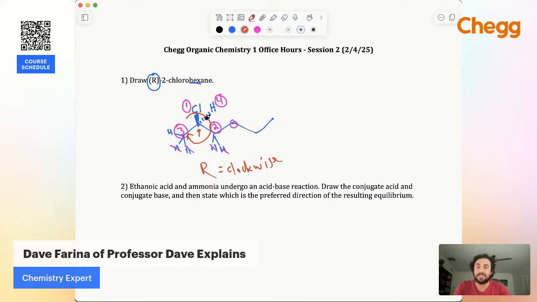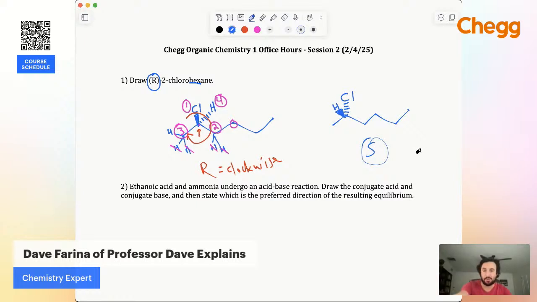Okay, so it happens to be the case that we chose the correct configuration. If we wanted to draw the S isomer, we would put the chlorine on the dash bond. And so this is the S isomer there. And so it gets a little trickier here when you have the lowest priority group facing you. So remember that the implied hydrogen would therefore be on the wedge bond. You can do a couple of things. You can either